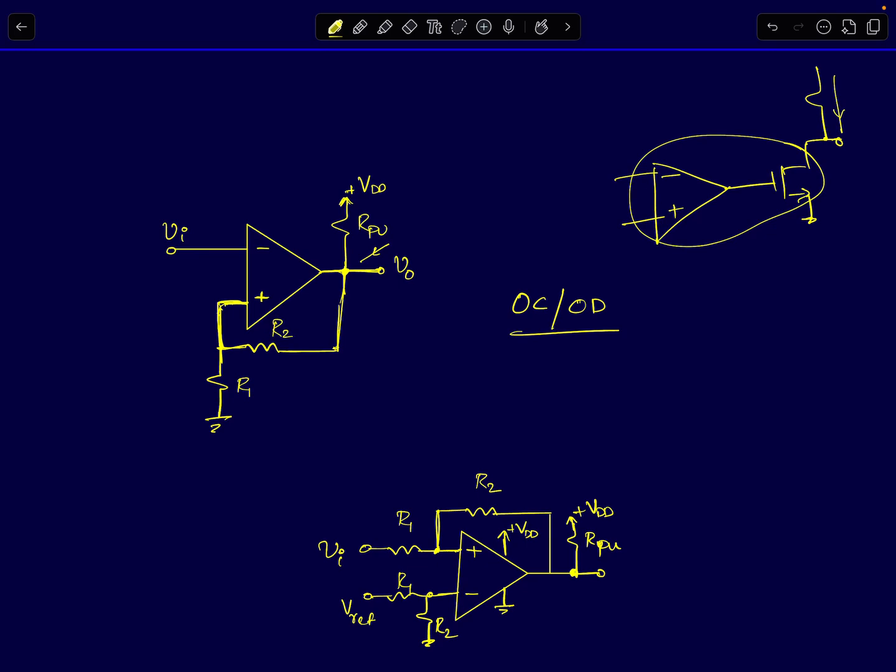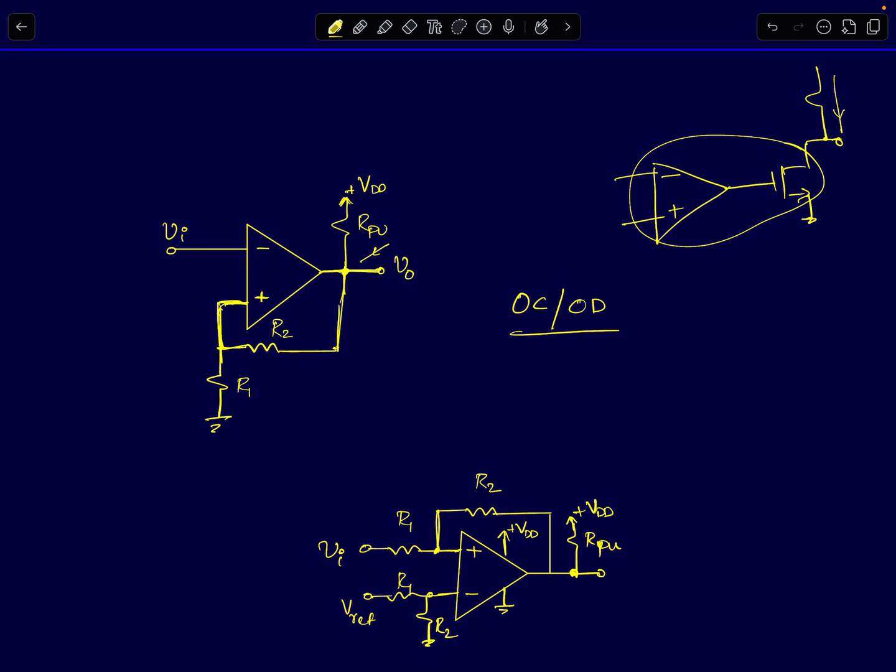Hi everyone. So far, in the last few lectures on Schmidt triggers, we have discussed the circuit realizations of Schmidt triggers for both symmetric and asymmetric threshold voltages, and also for both single supply and dual supply systems. Now, in this lecture, I thought I'll very briefly tell you what the problem is with Schmidt trigger circuits which are realized using